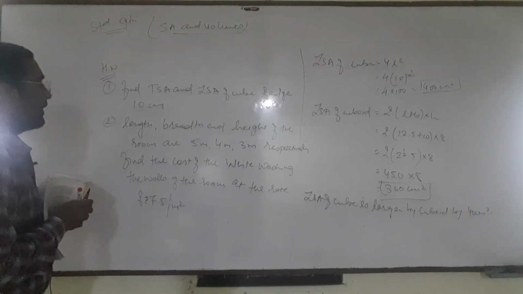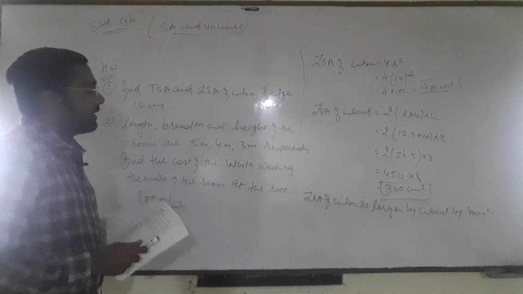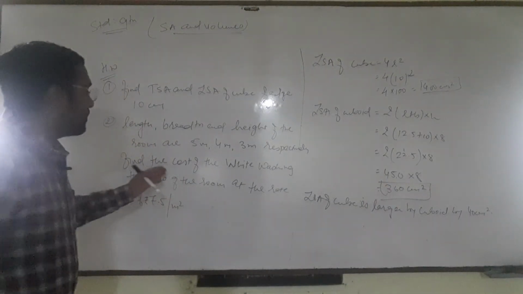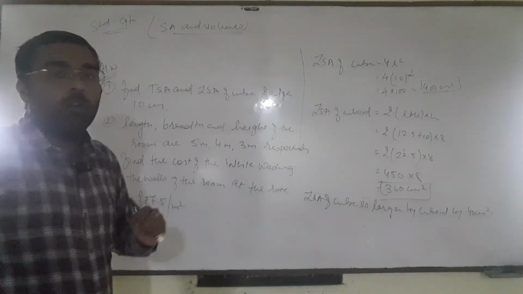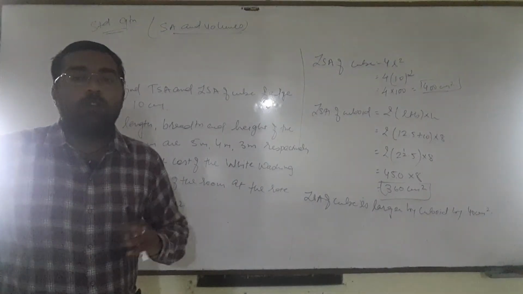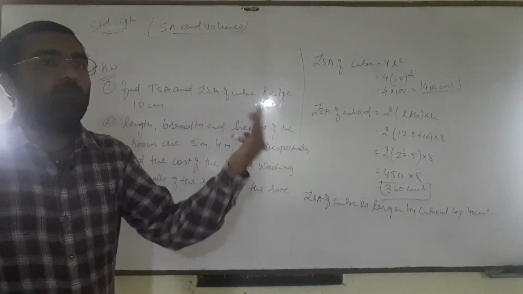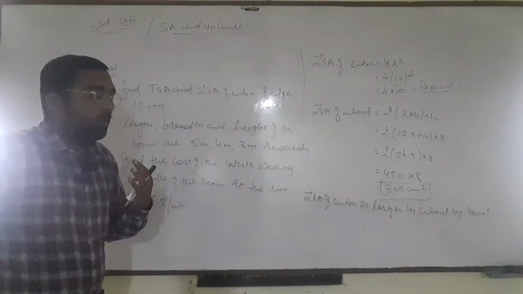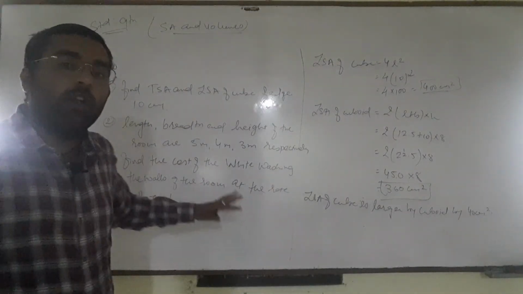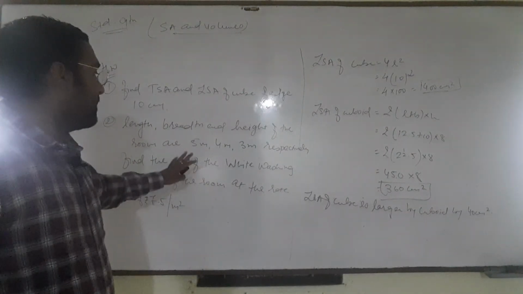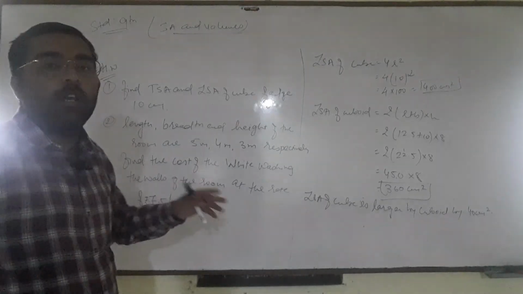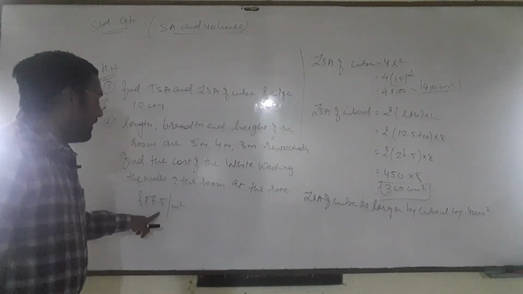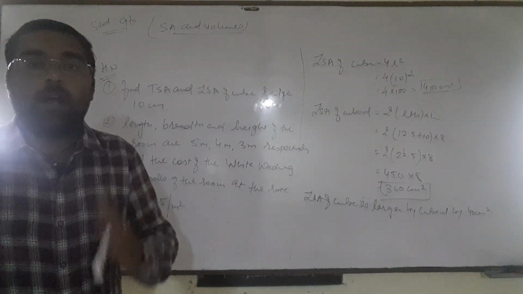Okay, students. Now in this question it tells you to find the cost of whitewashing the walls of the room. Whenever we have to whitewash the walls of a room, I'll take the lateral surface area of the cuboid. So you must remember that in this question you have to take the lateral surface area of the cuboid and then multiply the area by 7.5 and you get the answer.